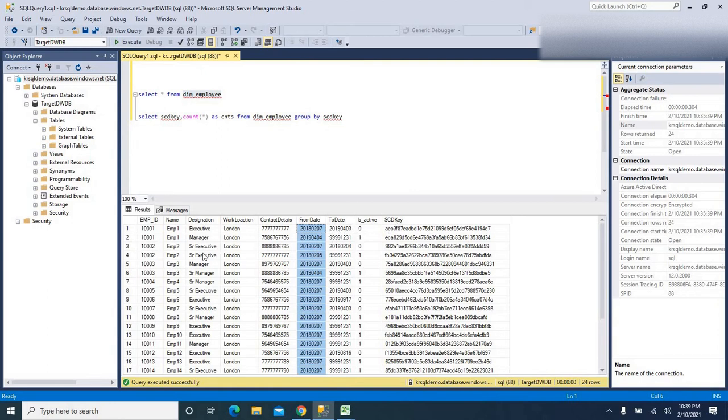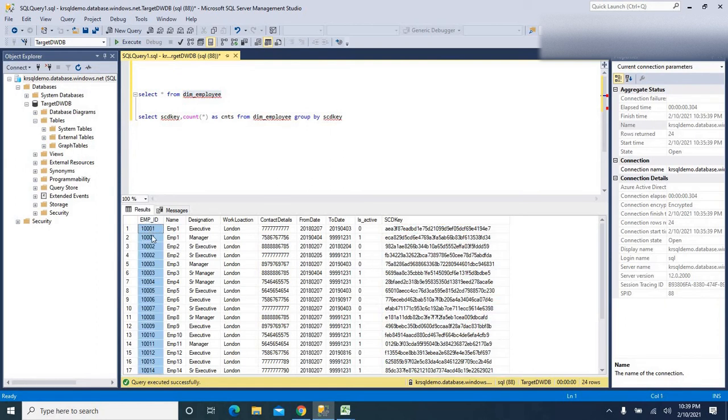This is a completely type 2 dimension, with effective from and effective to dates, an is active flag, and one SCD key, which is the hash key I generated in the previous video. This hash key identifies each row in the table, mainly to maintain uniqueness.